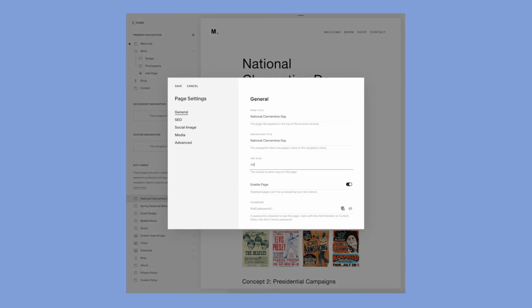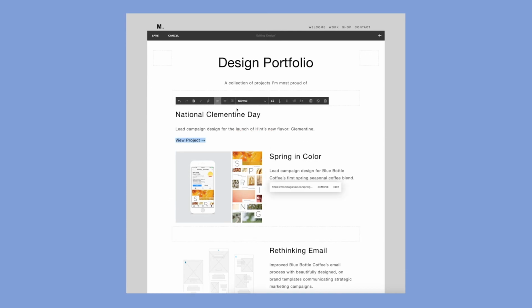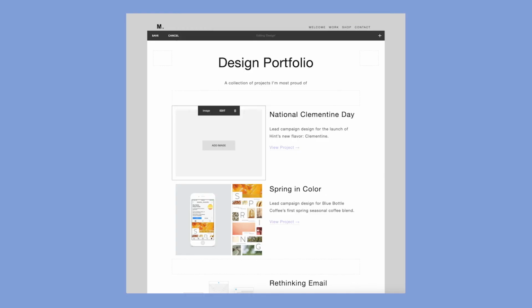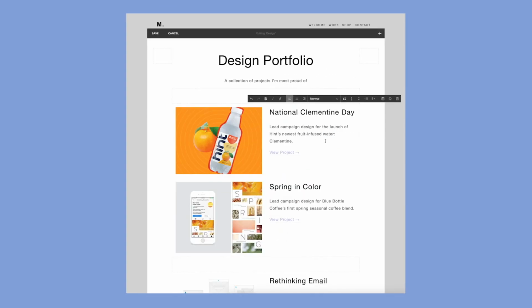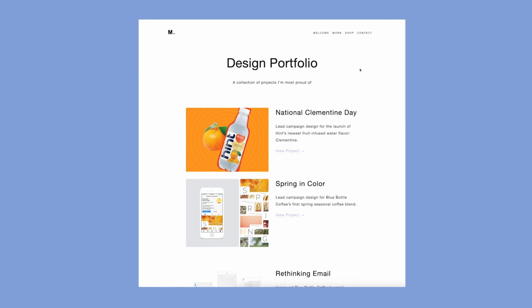Once I finished with the page for the project, I realized I needed to add a little section that links to it from my design portfolio page. I include a thumbnail, the title, a little blurb, and a link to the project. And here's how it turned out. I'll probably continue to refine elements on the page, but it's important to get something up.